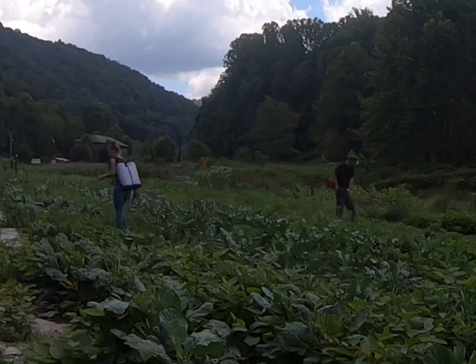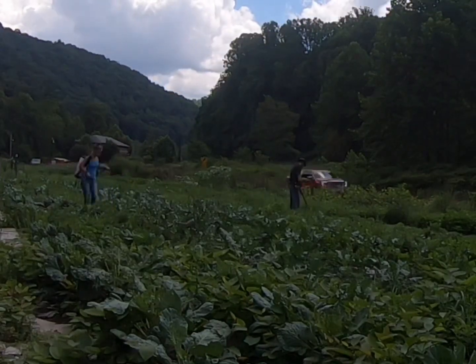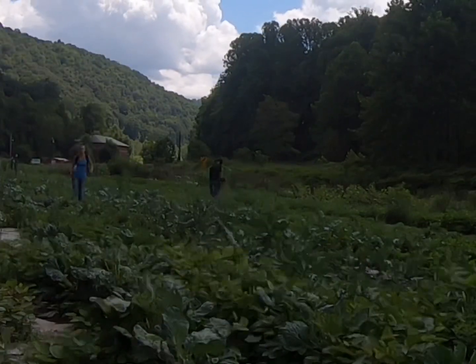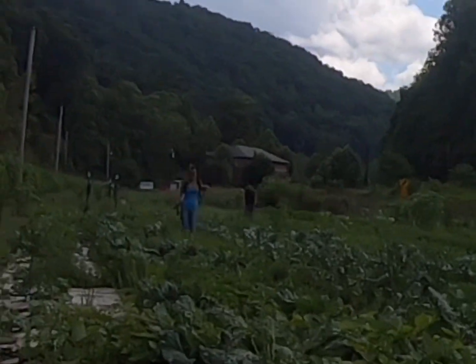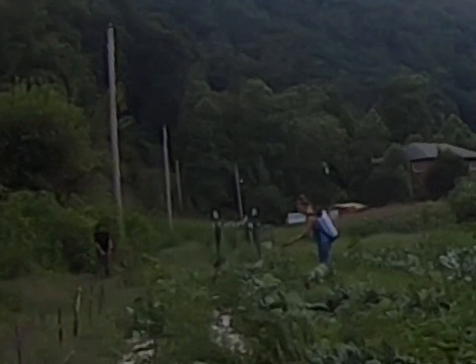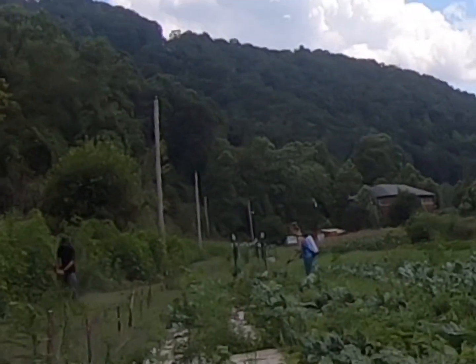And check it out, guys, we're off. Look at Felicia go with that backpack sprayer. I'm doing some left-hand weeding because I'm still having trouble with that chest muscle. It still hurts to lift a great deal of weight. I really can't lift hardly anything, so I'm putting the predominant weight of the weed eater on the left side. I'm kind of just pulling the throttle with the right side